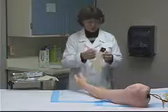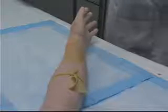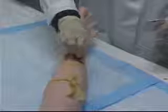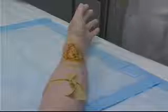Okay, now I'm ready to do the actual procedure, so I'm going to put my protective gloves on, and I can now clean the area. The first cleaning is with the povidone iodine. Open the package, clean the area and a little beyond in a circular motion. Once that's dried, I can clean the area once again, this time with just a plain alcohol swab. Now that the area has been prepared, I'm ready to actually insert